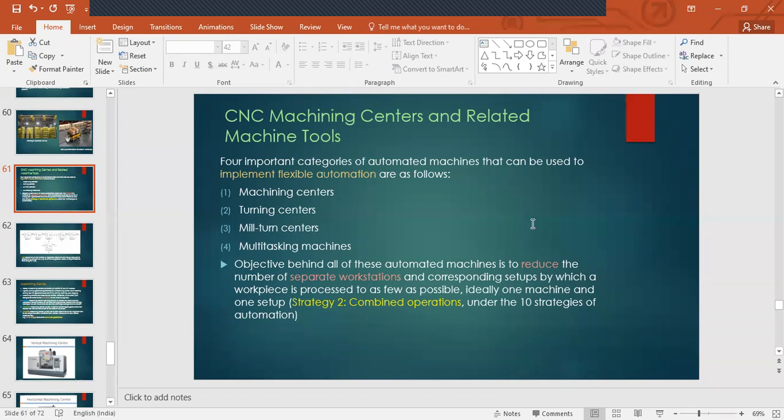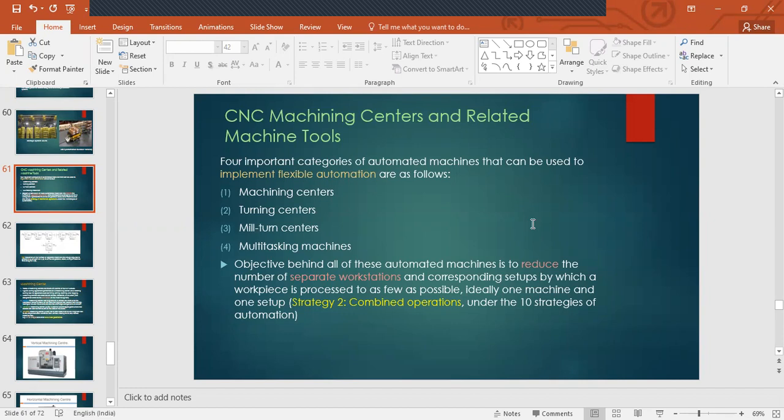So if in place of 5 machines you're able to process it on only 3 machines, then the other 2 machines which are now eliminated, their setup times have been saved. Also the material handling time is minimized. Your automated material handling system will also be efficient, and need not have more and more links between the workstations. So all these are advantages.